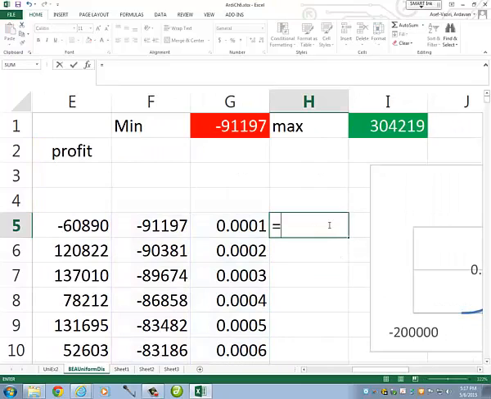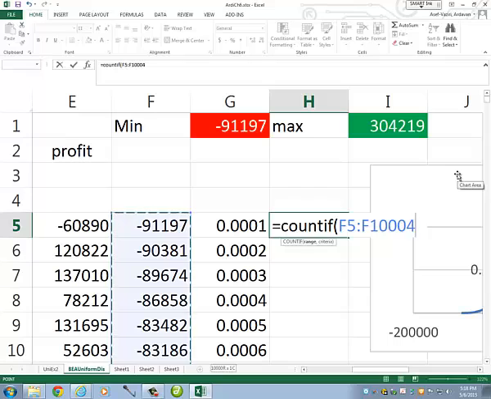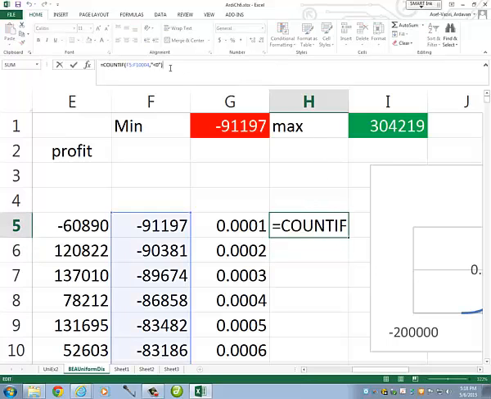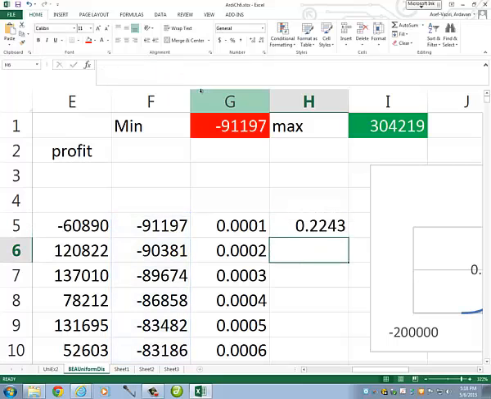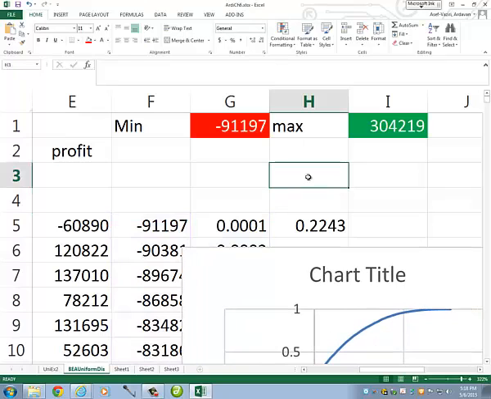And if I type equal to COUNTIF, array, this is the array, condition less than 0, okay, 2242, and then I divide it by the count of the numbers that I have, and we know the number is 10,000. That's it. Now I go here and I type equal to